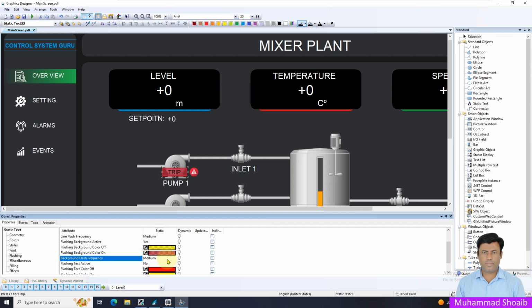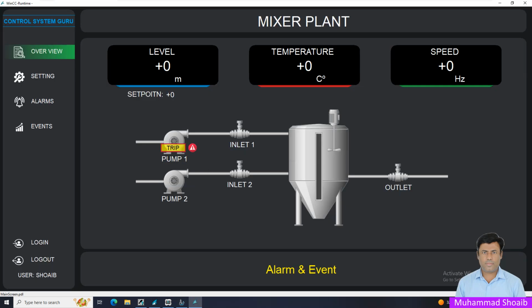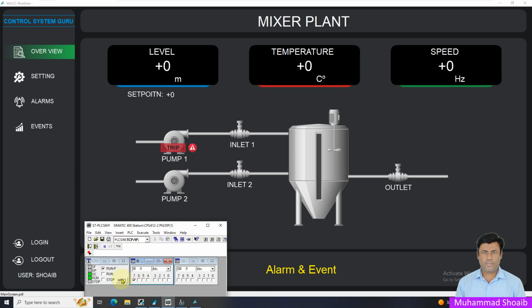Here one more thing I want. Here we can also control the blinking as you like. If you want blink fast or slow, we can control it. But for this tutorial I will put just medium. Save it and after that run the application. So our runtime application is open. As you can see, we configured it for when the value is true. Right now, the signal is not activated from the field. If the trip is activated from the field, as you can see, it's visible,